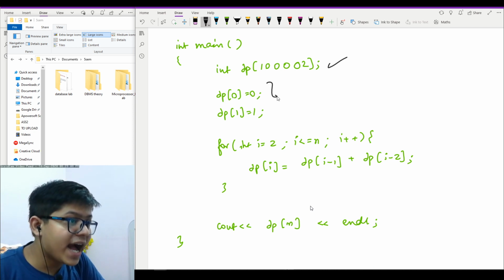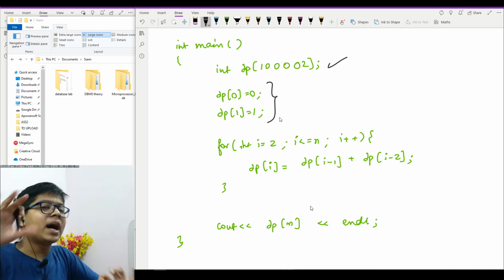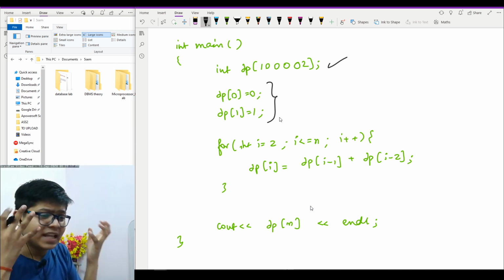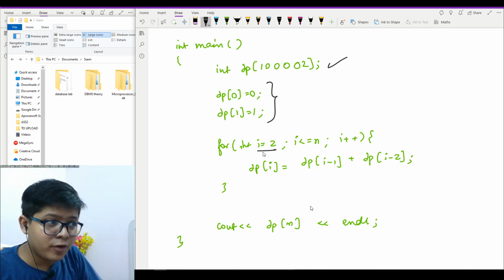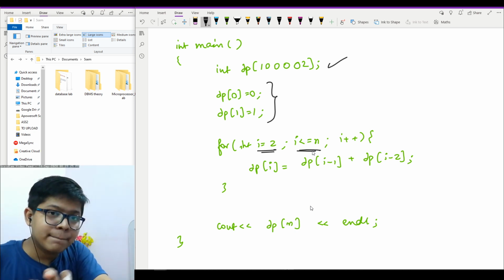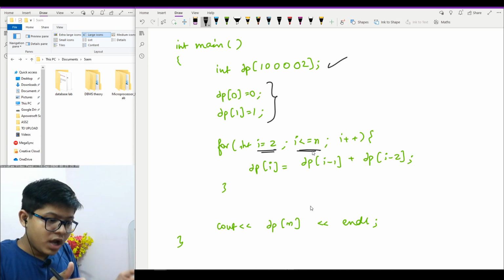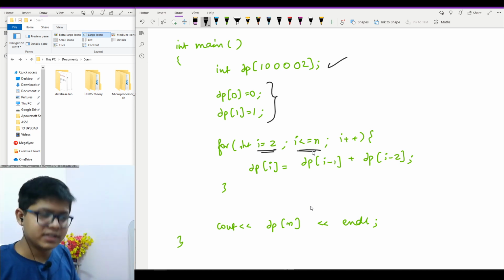Then I had my base cases, because without them, if I do not update them, I will have a null answer, like I will have any answer, sorry. Then I will iterate from 2 to n, because I need n, but for n I also need the smaller values. So I will move from smaller to larger values, like this.